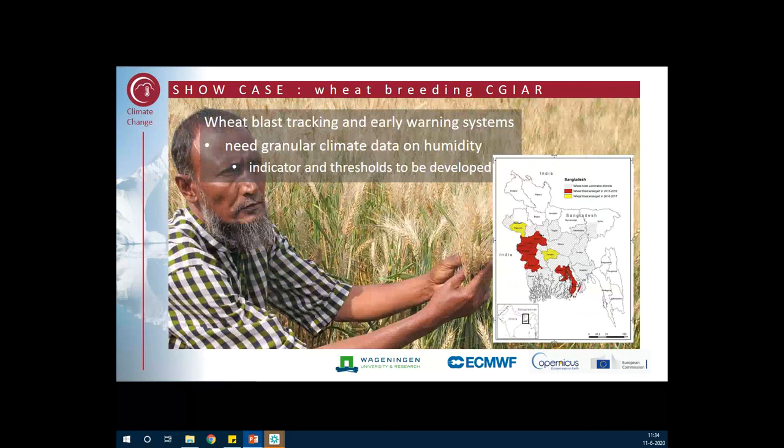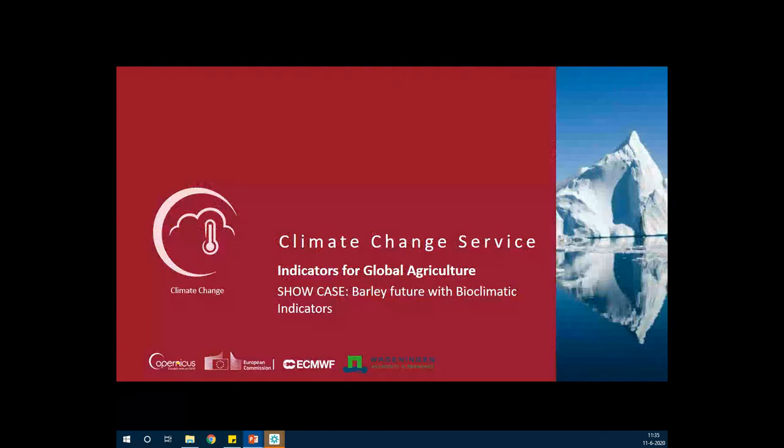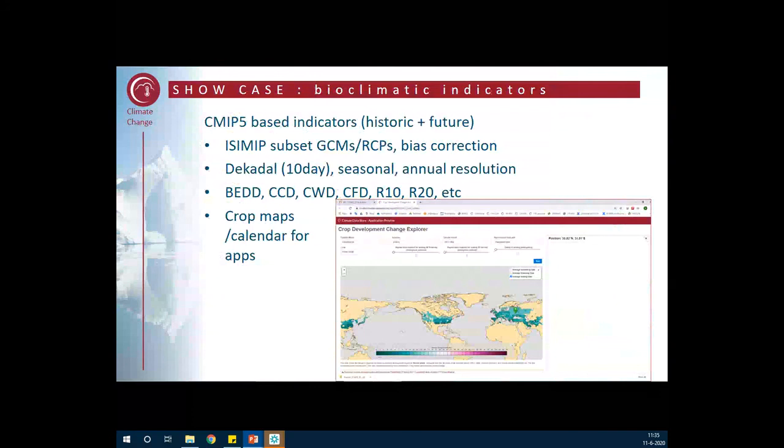But that's not the only purpose they intend to use it for. Another big interest is pests in wheat and maize around the world. Things like wheat blast or wheat rust. So they're also trying to develop early warning systems, again based mostly on meteorological input. So also there, Copernicus came in as a very welcome data service. Finally.